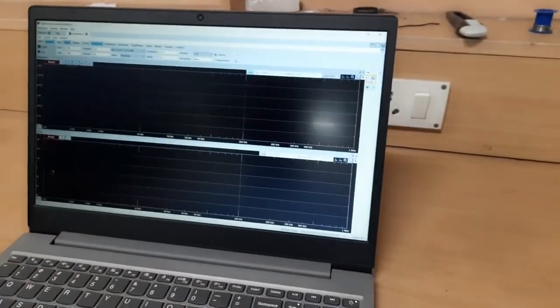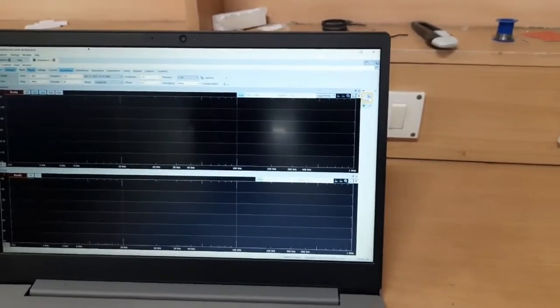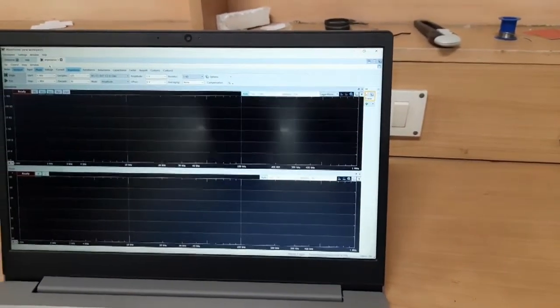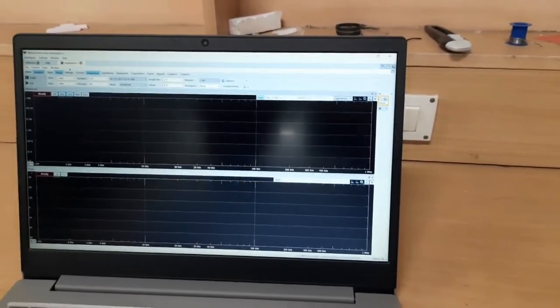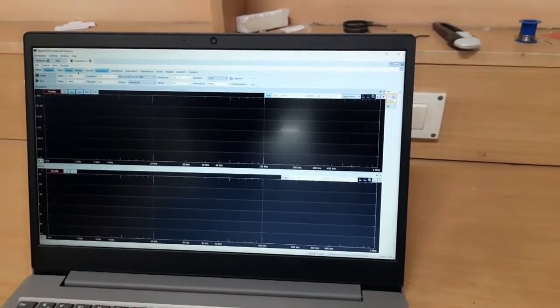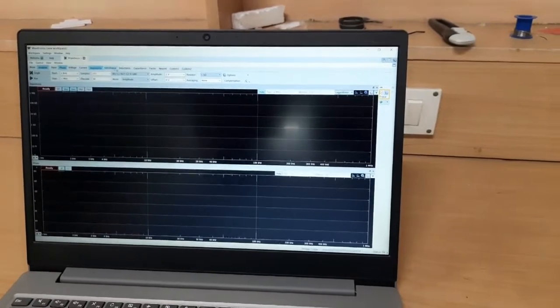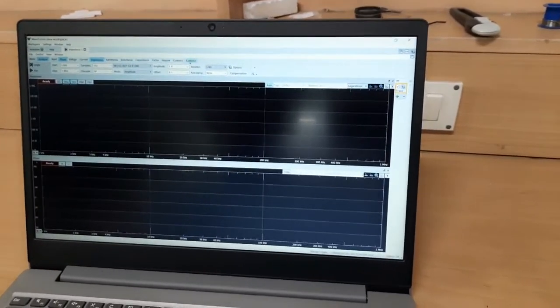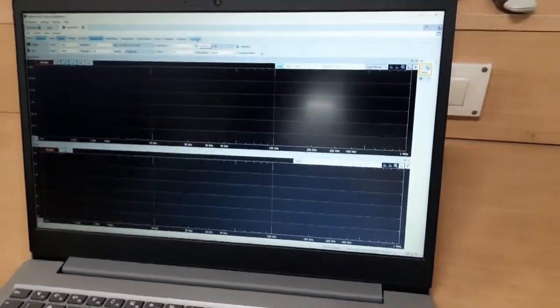Yeah, this is the interface for the impedance analysis, and let me tell you what parameters we can measure from here. That is phase, voltage, current, impedance, admittance. These are the parameters, and many other parameters are there which we can measure.